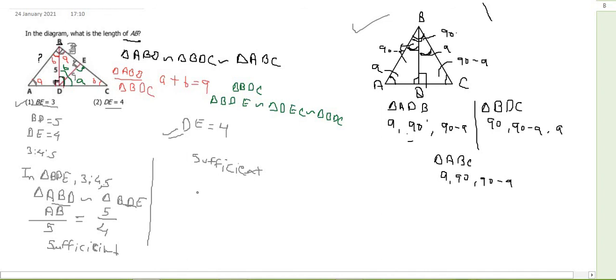So when statement 1 alone is sufficient and statement 2 alone is sufficient, you always choose the fourth option, which I like to call D. Alright, so I hope this question helped you. It becomes a lot easier if you know this concept. So please solve some more questions on this concept if possible. I hope this helped. Thank you.